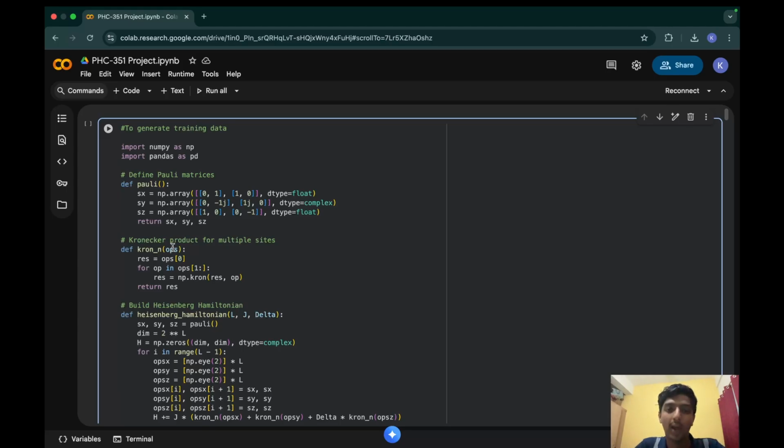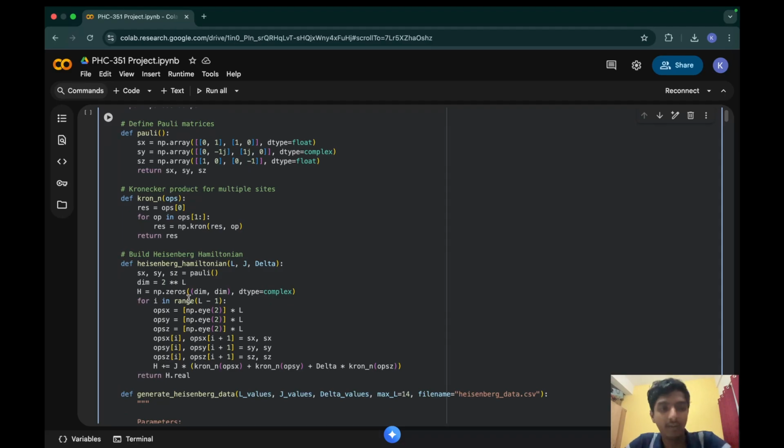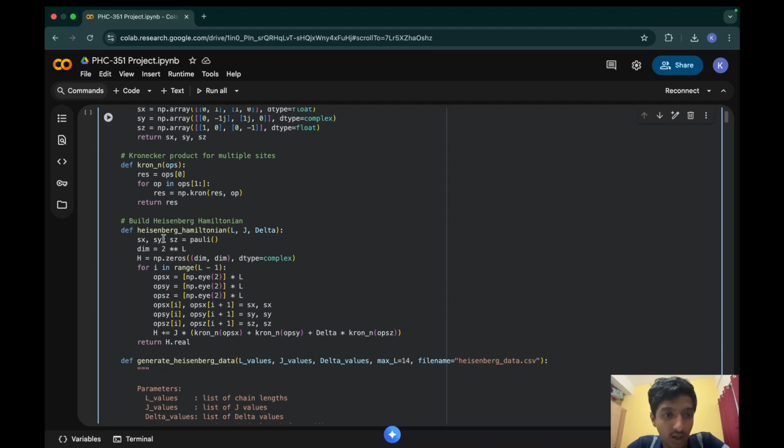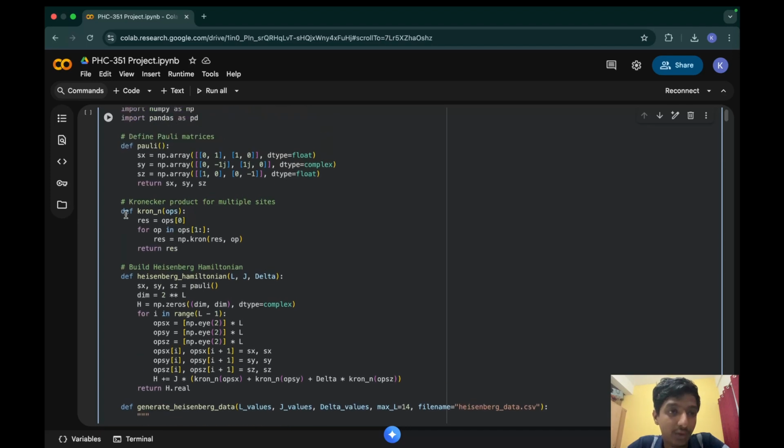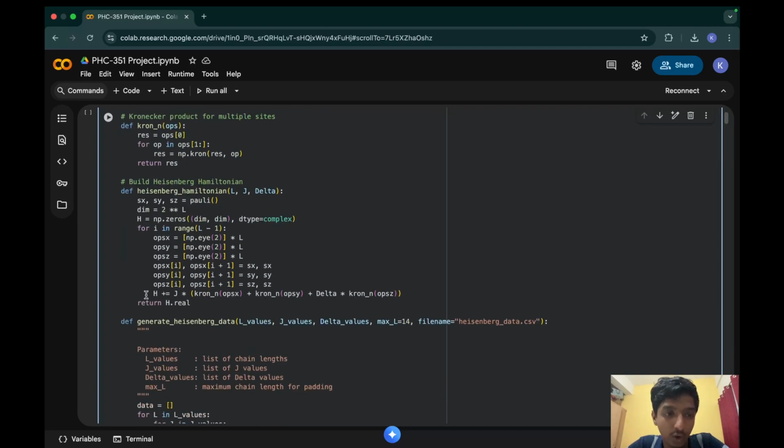Similarly, if we want to act this Pauli X matrix on the 5th and 6th sites, we have to do it in a similar way. The 5th and 6th will have this Pauli X matrix, and all the other 8 sites will have the identity matrix. So we define the Kronecker product here, and then with the help of the Pauli matrices and Kronecker product defined, we move on to formulate the